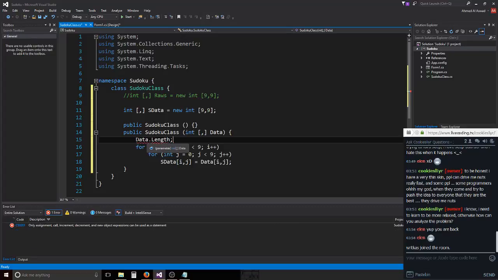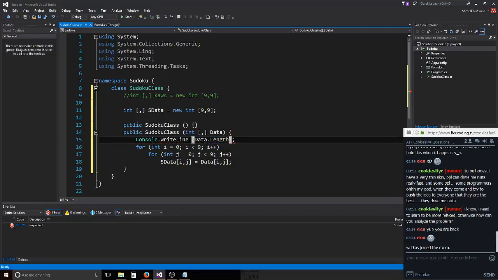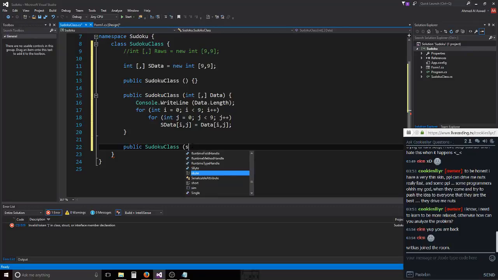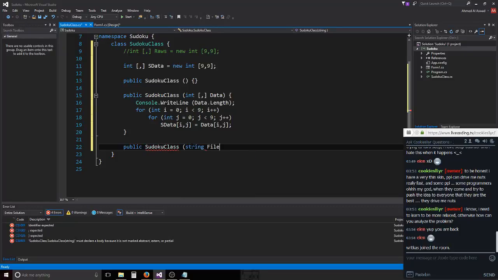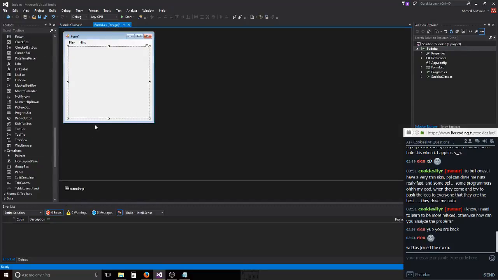So what we are going to do, we are going to print it. This is the first step. Now we are going to make another constructor that loads a file. And to load a file, we should add,